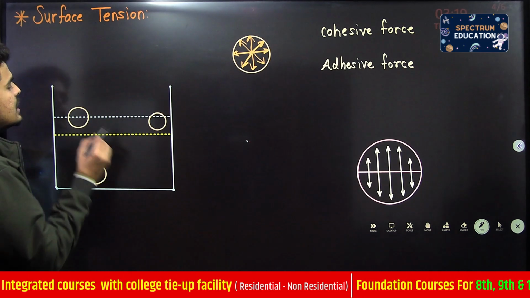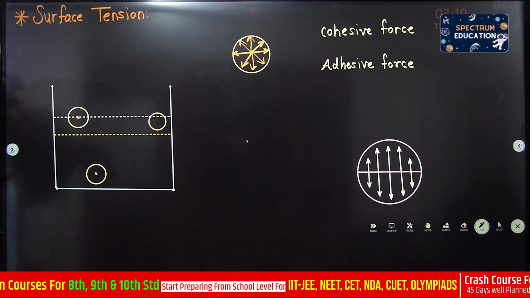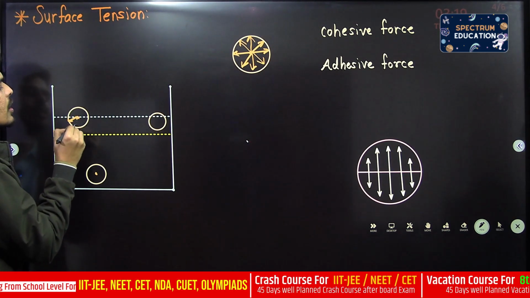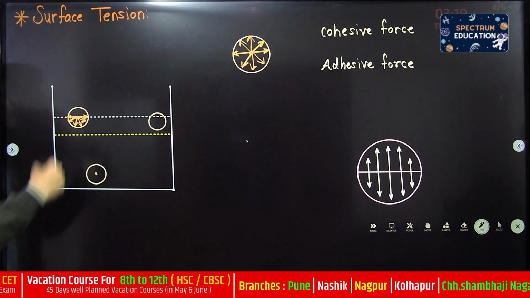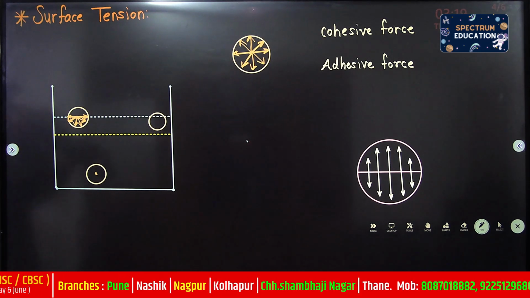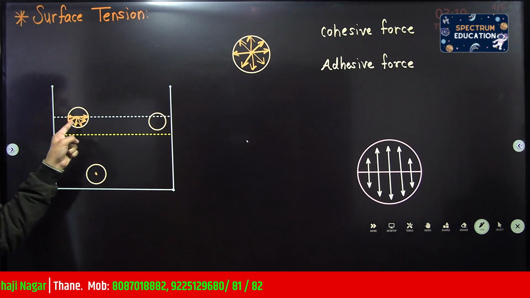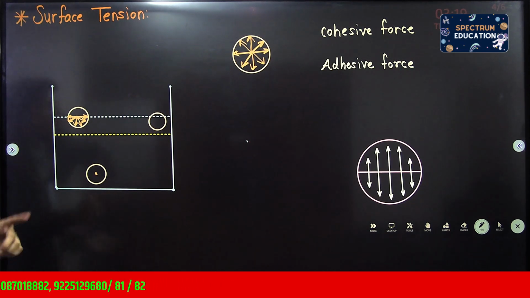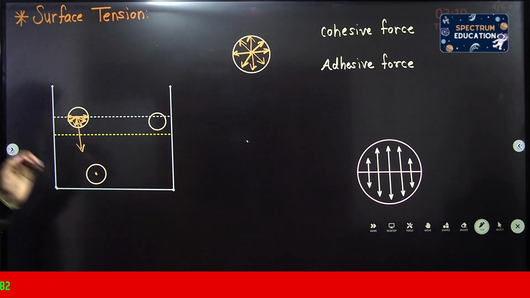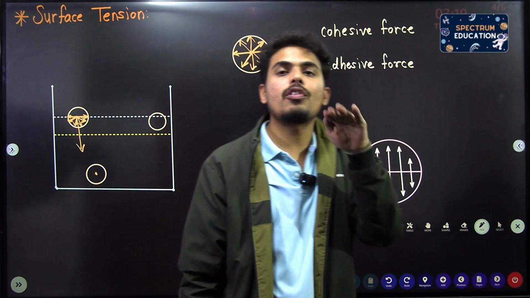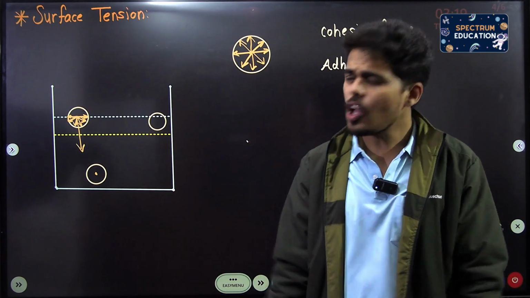But consider दिस सरफेस पार्टिकल, ये एक पार्टिकल है जो एग्जैक्टली सरफेस पर है. अब यहां क्या होता है? ये जो कोहेसिव फोर्स है वो नीचे ही लगेगा. ओके, ऊपर तो एयर आता है, बट एयर एंड वाटर में जो फोर्स है वो अडेसिव फोर्स है. वो अडेसिव फोर्स बहुत कम है, बट वाटर और वाटर मॉलिक्यूल्स में जो कोहेसिव फोर्स है वो बहुत ज्यादा है. तो ये पार्टिकल्स पे नेट डाउनवर्ड कोहेसिव फोर्स लगता है. सो जो ऊपर वाला पार्टिकल है उस पे नेट डाउनवर्ड कोहेसिव फोर्स लगता है एंड दिस पार्टिकल ट्राइज टू गो इनसाइड द लिक्विड